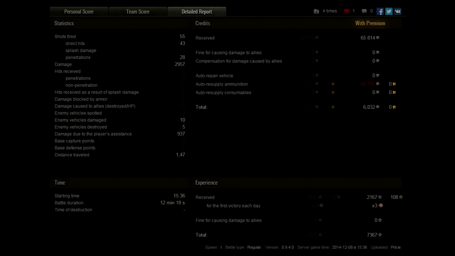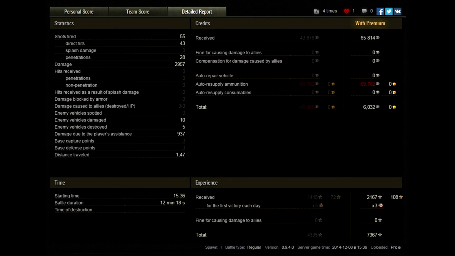On the detailed report, you can see that was 55 shots fired. I only had 3 shots left, which were all HE shells, and I've now amended my ammo loadout. I don't carry quite so much HE after that game. It sort of taught me a bit of a lesson. A few more AP rounds and I would have killed that Churchill quite easily, but I was carrying 6 HE